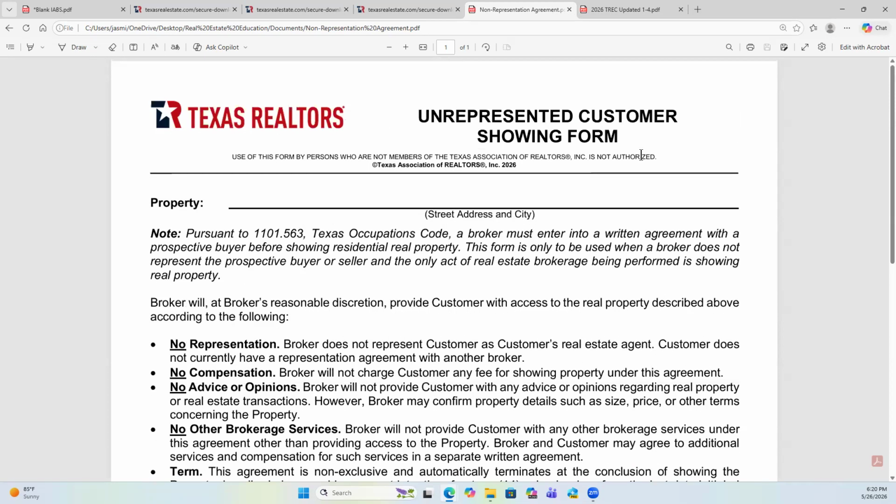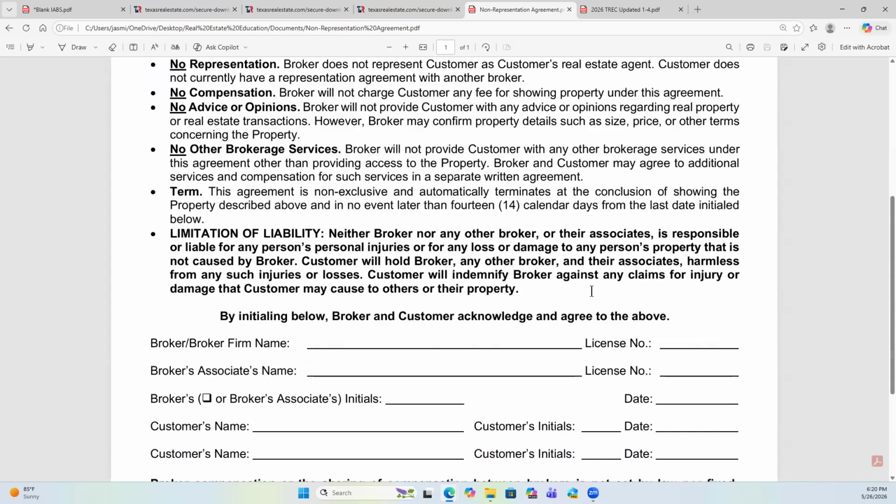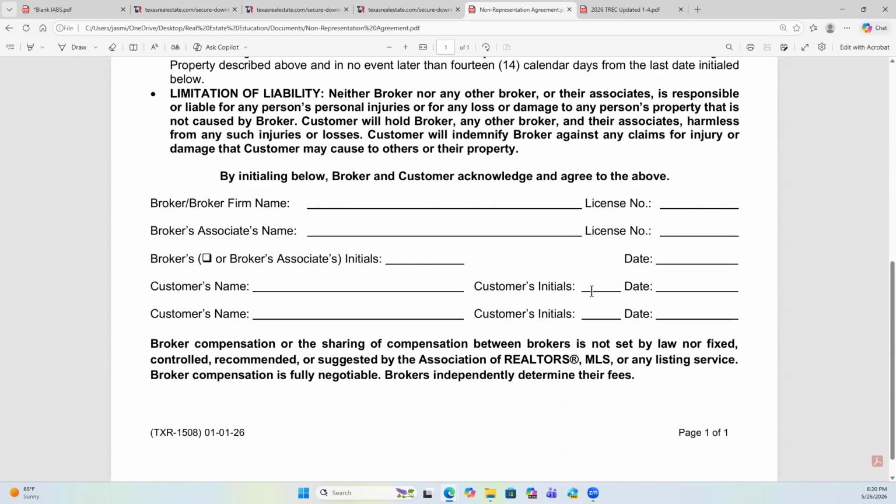The other reason why you would use this is for open houses. If you were doing an open house for another brokerage, not our brokerage, any other brokerage, like the one that pays money for you to do open houses. I put it in the chat this morning. If you do an open house for them, we do not represent the seller, nor do we represent any of the buyers that walk in. They need to sign this document that says, nobody represents me. I'm simply just here to see this open house. And again, hopefully by the time the open house is over, I can get you now to sign the buyer